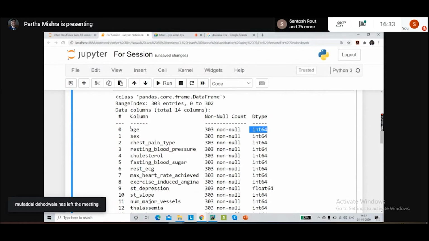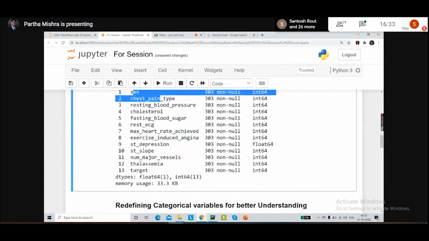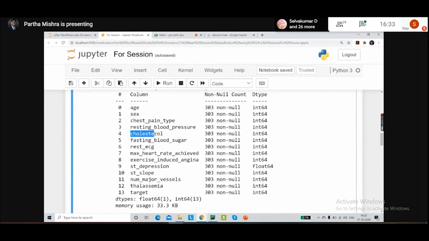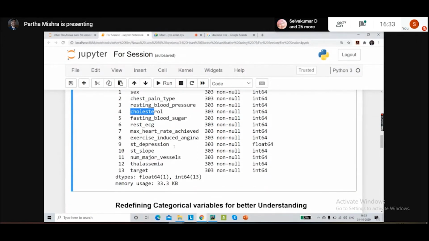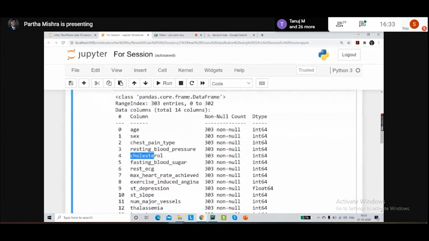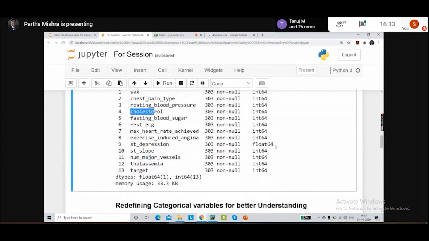But when you look at something like the gender, or whether the person has cholesterol or not, such kind of things we should actually take as categories and not integers. But the way Python has understood the data, Python has considered every column to be either an integer or a floating number, which is wrong.